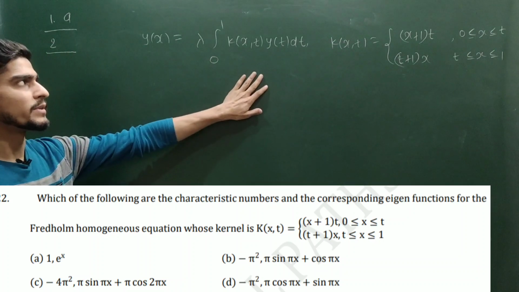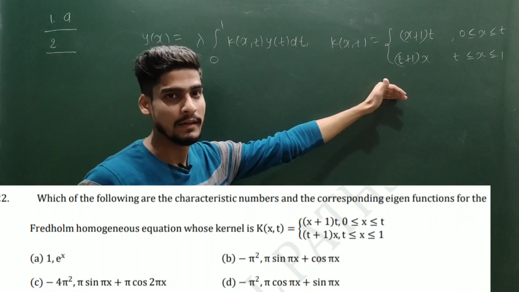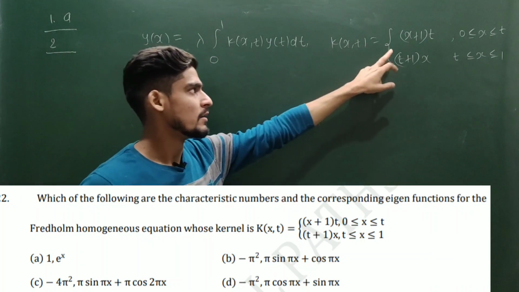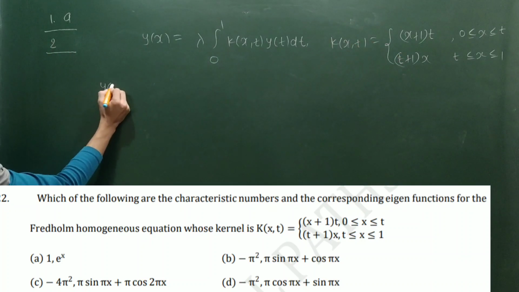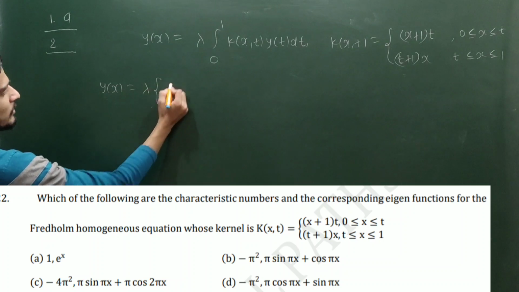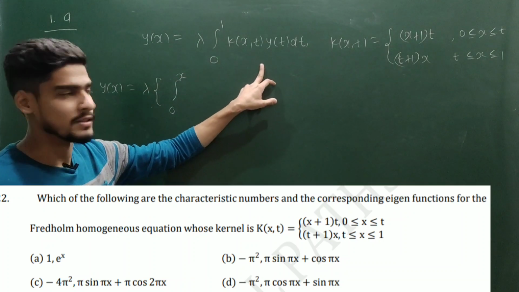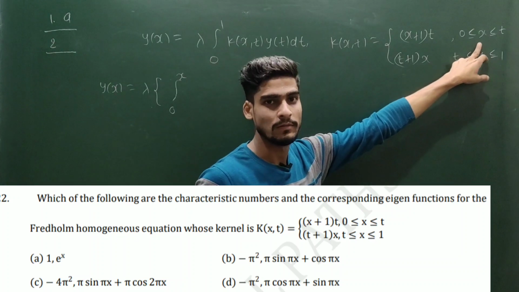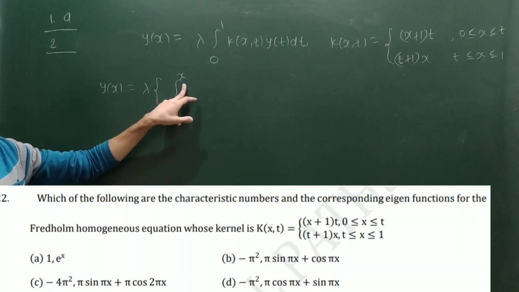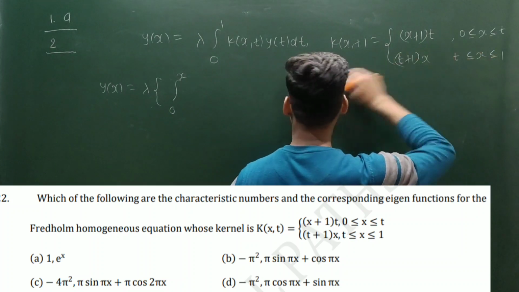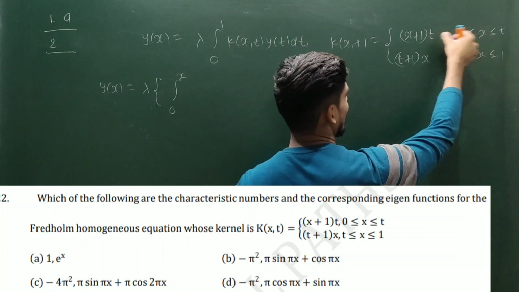So such type of problems can be solved by using Leibniz formula easily, but they are a little lengthy because here the kernel is in two slots. So if you observe, I can write my y(x) in this integral 0 to x. I am assuming my t is a variable in this. Here your x is a variable, but I am changing my x and t. So I am assuming my t is a variable and t is running from 0 to x. So when my t runs from 0 to x, if I change my x and t in this slot, then I have to change here.